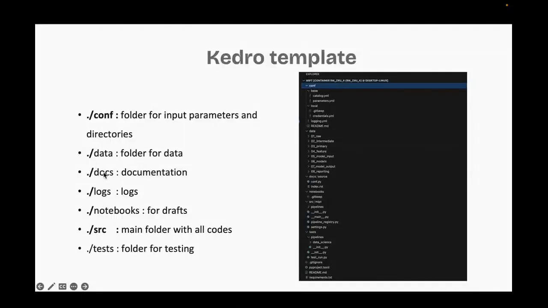The next ones: logs for documentation, notebooks for drafts and testing hypotheses. This is src, the core directory containing all source code. And the last one is tests, where you can save unit tests if you use them. Well, if you've ever worked with Cookiecutter, the structure will feel instantly familiar.